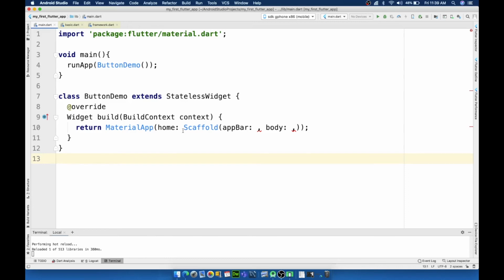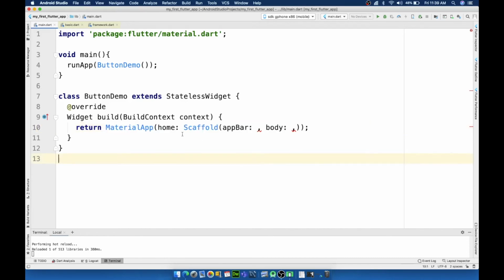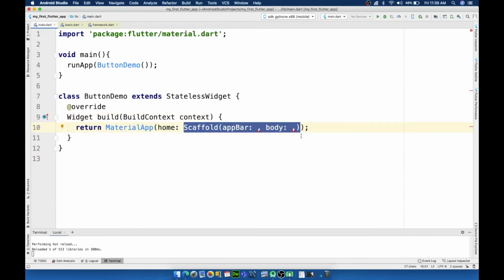Okay. Yeah. So look at this. Material app is just one line. So in the constructor, I have to pass this argument called home. Home is an argument. So what am I giving for this home argument? I am passing a scaffold. This scaffold again takes two arguments. One is an app bar, another is a body. These two are like important arguments. There are other arguments as well. Let's not talk about them. But these two are the important arguments that we are supposed to pass.